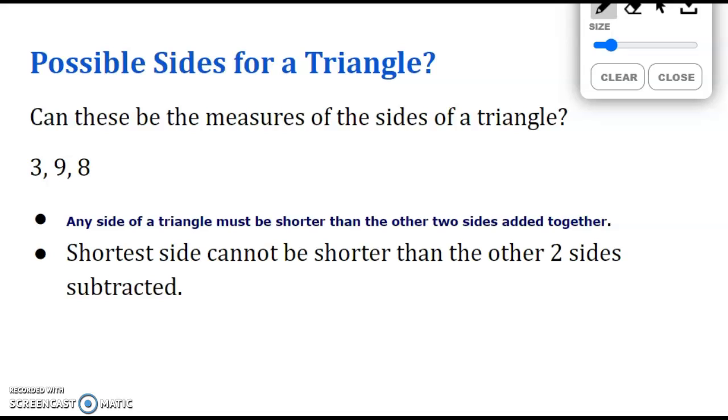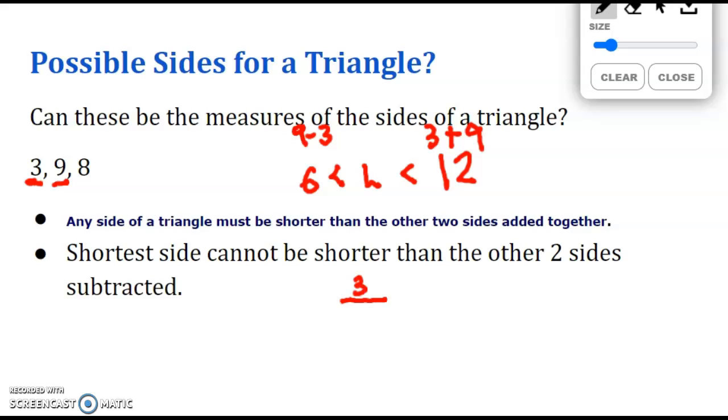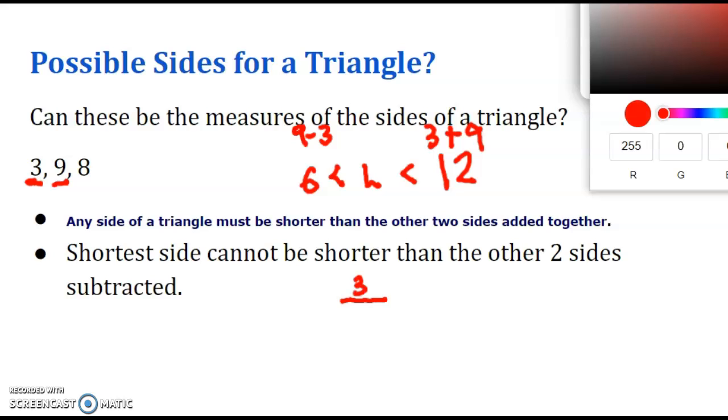So to tackle this problem, I would again just be looking at these two sides, 3 and 9. If I have 3 and 9, then the sum of 3 and 9 is 12. So 3 plus 9 is 12. And the difference between 9 and 3, 9 minus 3, is going to be 6. That means I know that the length, if I call that length, has to be in between 12 and 6, and it's not including. If the length was 12, there will be 3 here, and then there will be a 9 here,